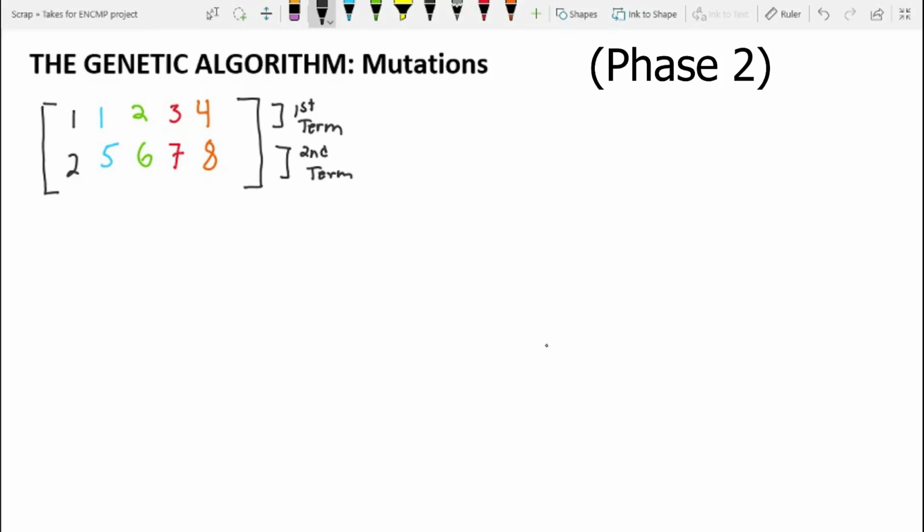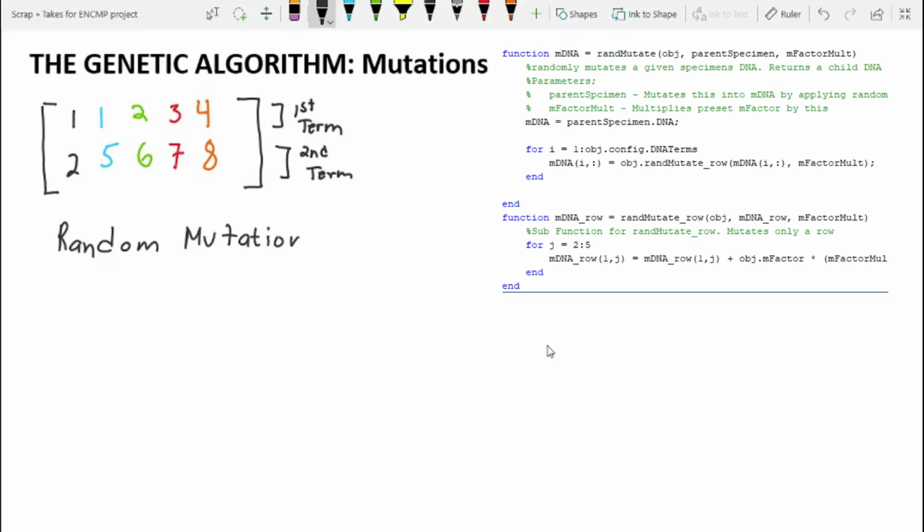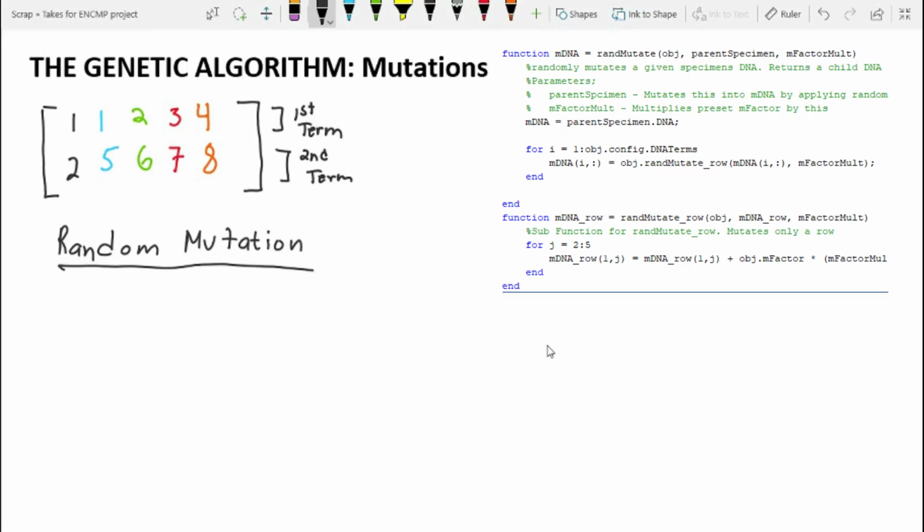Now that we have a DNA, the next thing we need to be able to do is cause mutations to produce a better specimen. Mutations alter the DNA using specific algorithms to produce hopefully better results than the original. In this program, there are 3 mutation types used. The first is the random mutation. The random mutation will essentially take in a DNA matrix, add a random number to every single term except the first column, and then output a new matrix. So an example of that would be, if the random mutation function takes in the above matrix, we would get